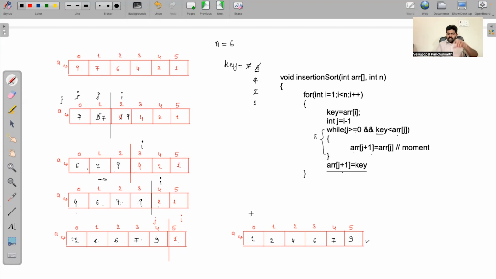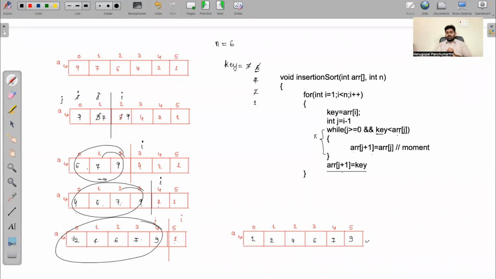Are you getting it, friends? So you need to put this value in its correct position. That's right. But the initial assumption is always the left side part will be sorted and the right side is always unsorted. Pick an element from the unsorted part and put it in its correct position in the sorted order. After keeping it, again the left side part should become sorted. That is, anytime you see the left side, it is always in the